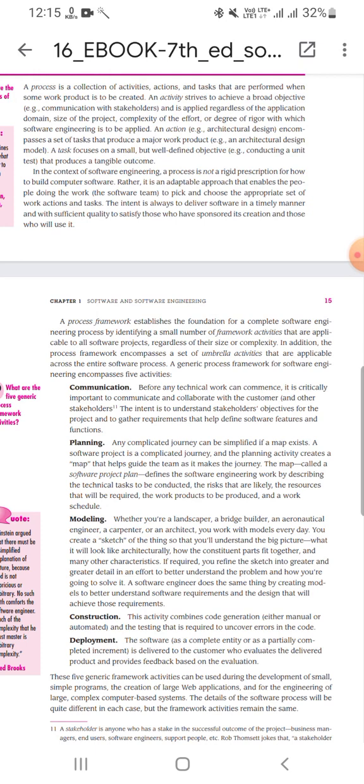If required, you refine the sketch into greater and greater detail in an effort to better understand the problem and how you are going to solve it. A software engineer does the same thing by creating models to better understand software requirements and the design that will achieve those requirements. Construction. This activity combines code generation, either manual or automated, and the testing that is required to